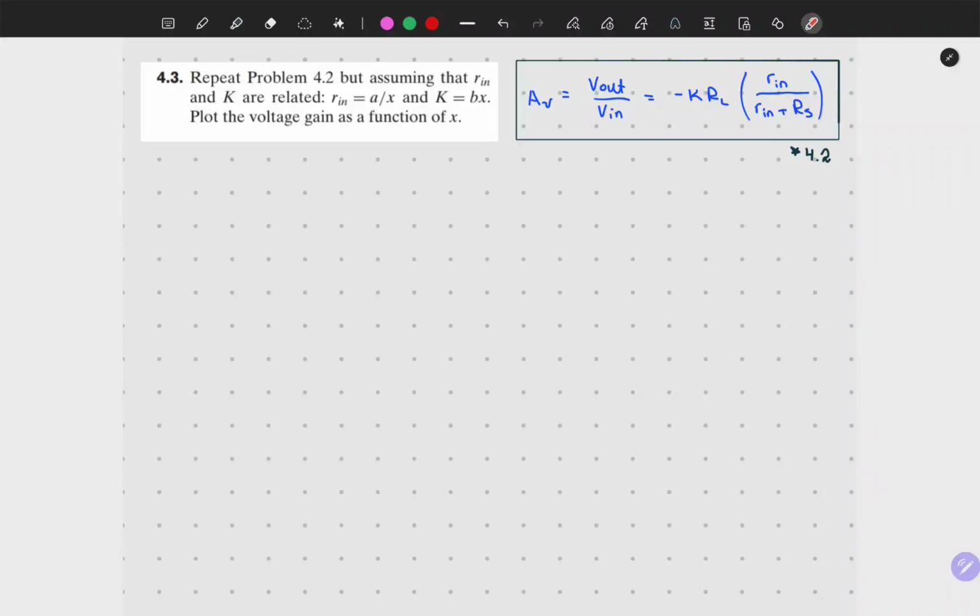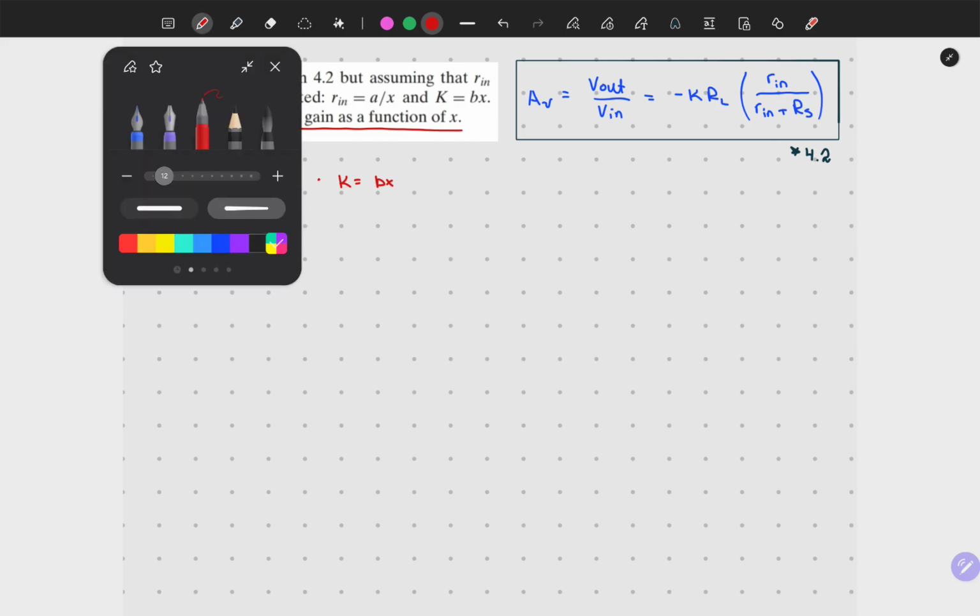Repeat problem 4.2, but assume that Rn and K are related by Rn is equal to A over X and K is equal to Bx. Plot the voltage gain as a function of X. So we have found AV, the voltage gain, in the previous problem to be defined as negative KRL times Rn